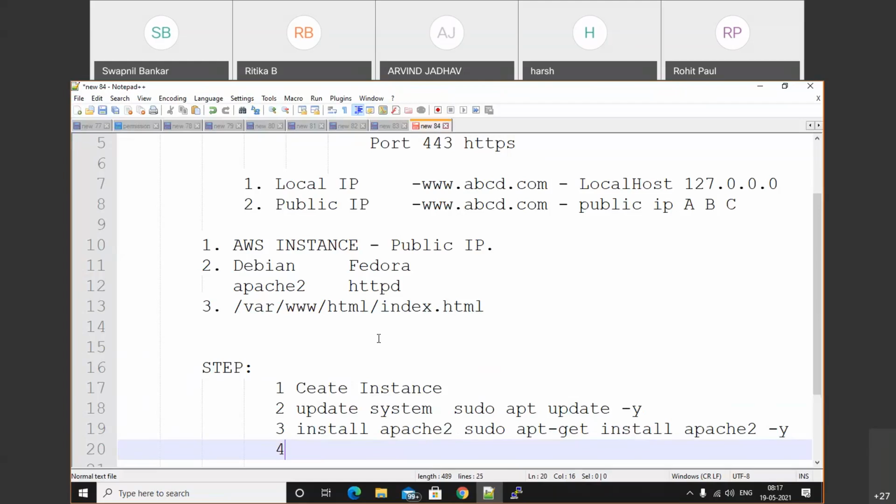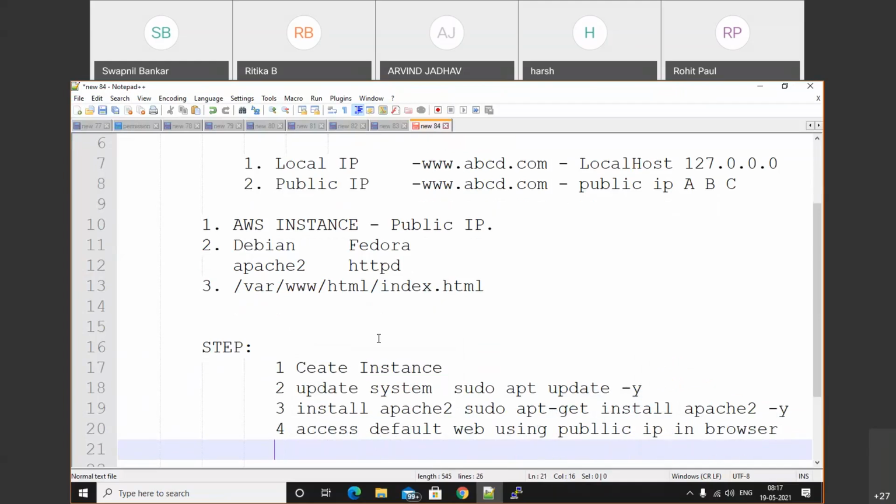For the old site, you can say that the default web page is shown using the public IP in the browser. Then configure the index page.